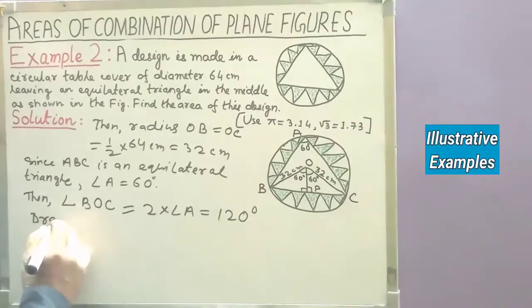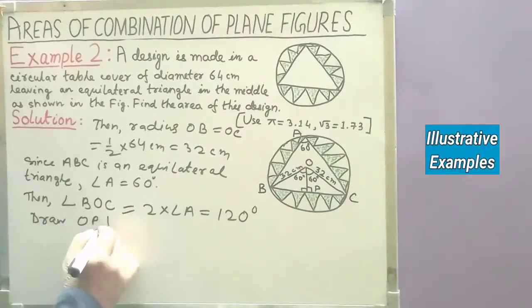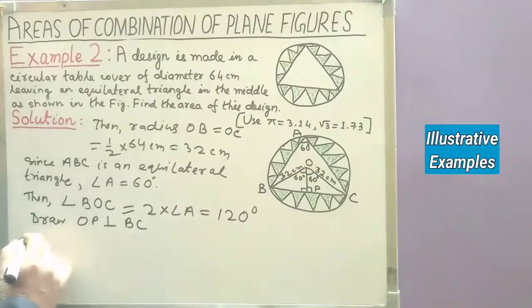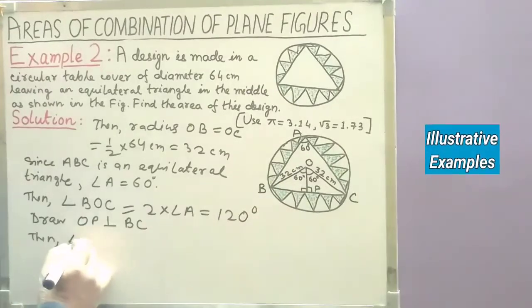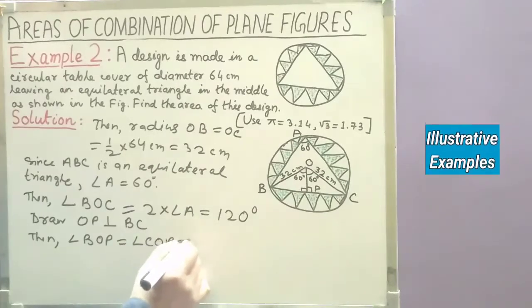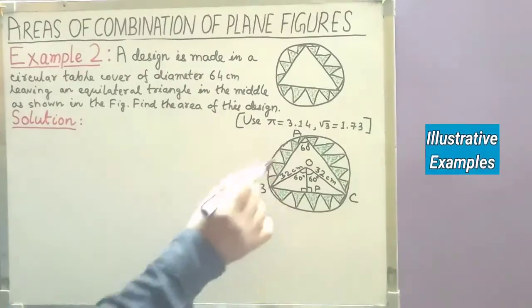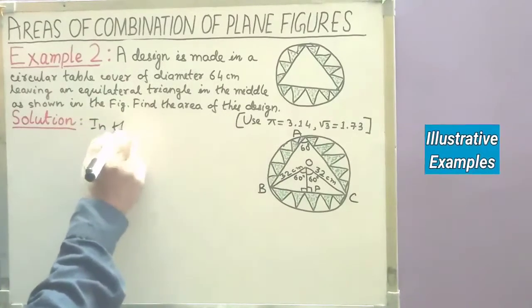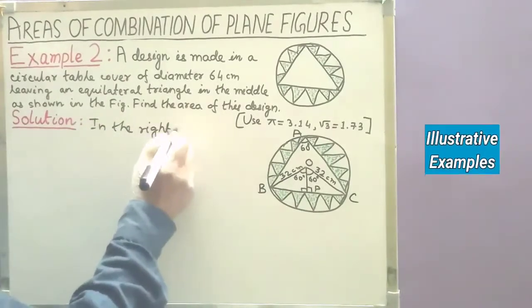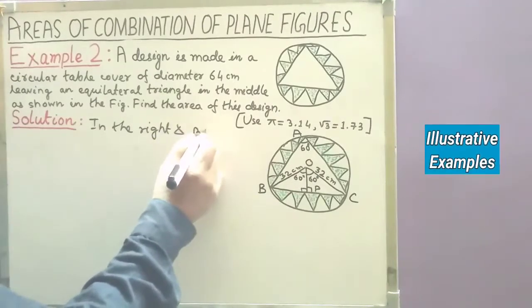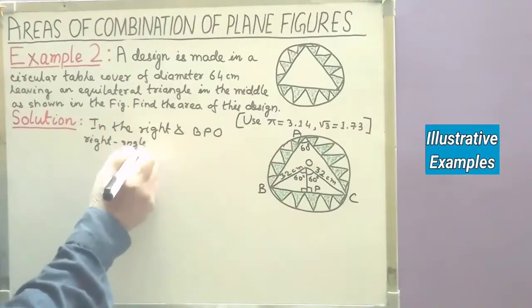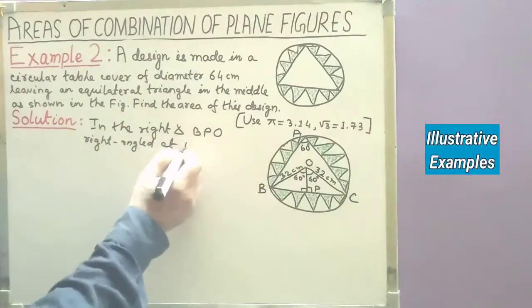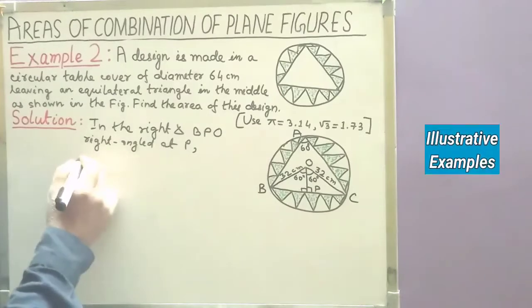Draw the perpendicular OP on BC. Then angle BOP equals angle COP, that equals 60 degree. Now in the right triangle BPO, right angled at P, we have